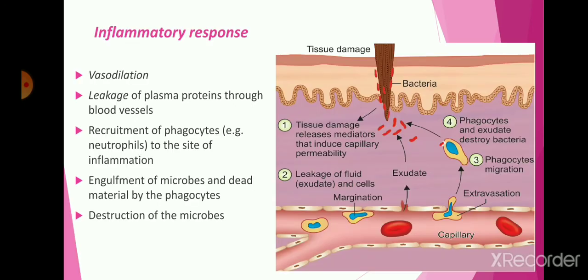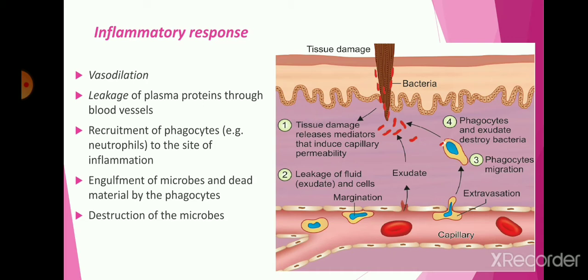First of all, we see what is meant by the inflammatory response. Whenever we get an injury at the skin or any part of the body, the innate immune system starts to respond against that injured site. That is inflammation. Inflammation starts with vasodilation. Whenever vasodilation occurs, the vessel's diameter increases, so the permeability increases, and cells like phagocytic cells such as neutrophils get exudated from that site.